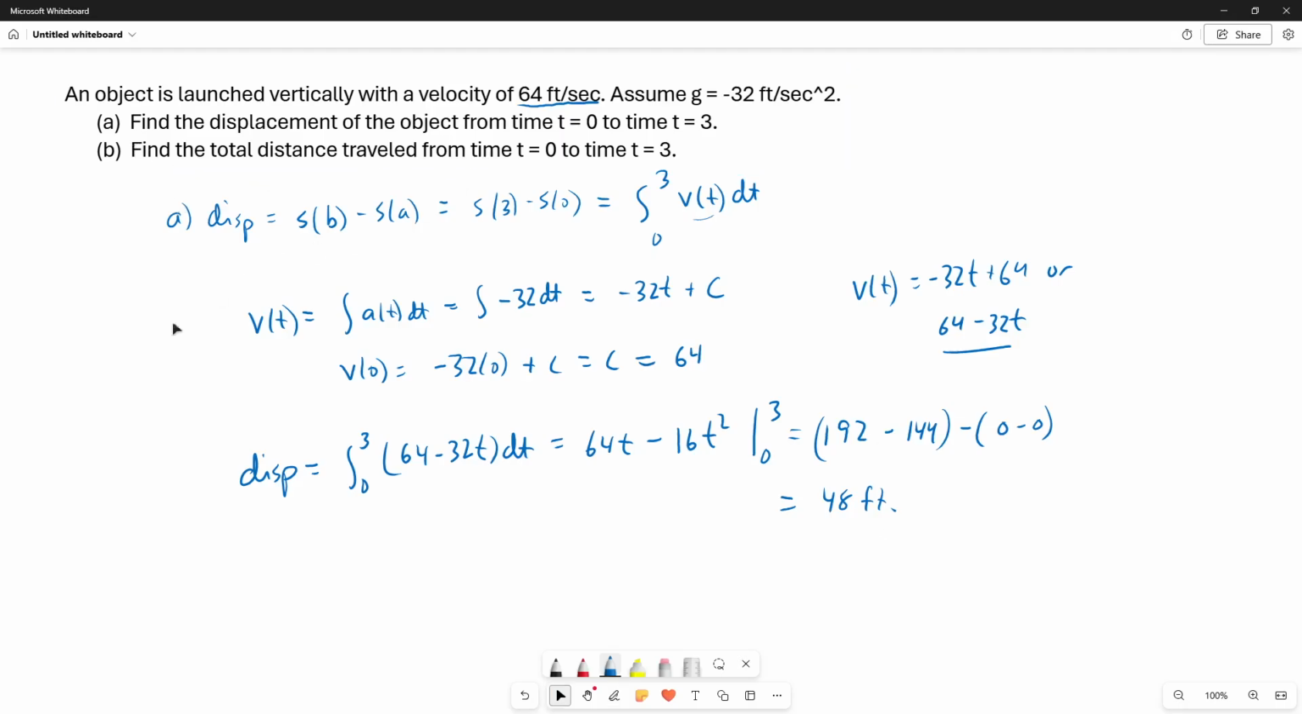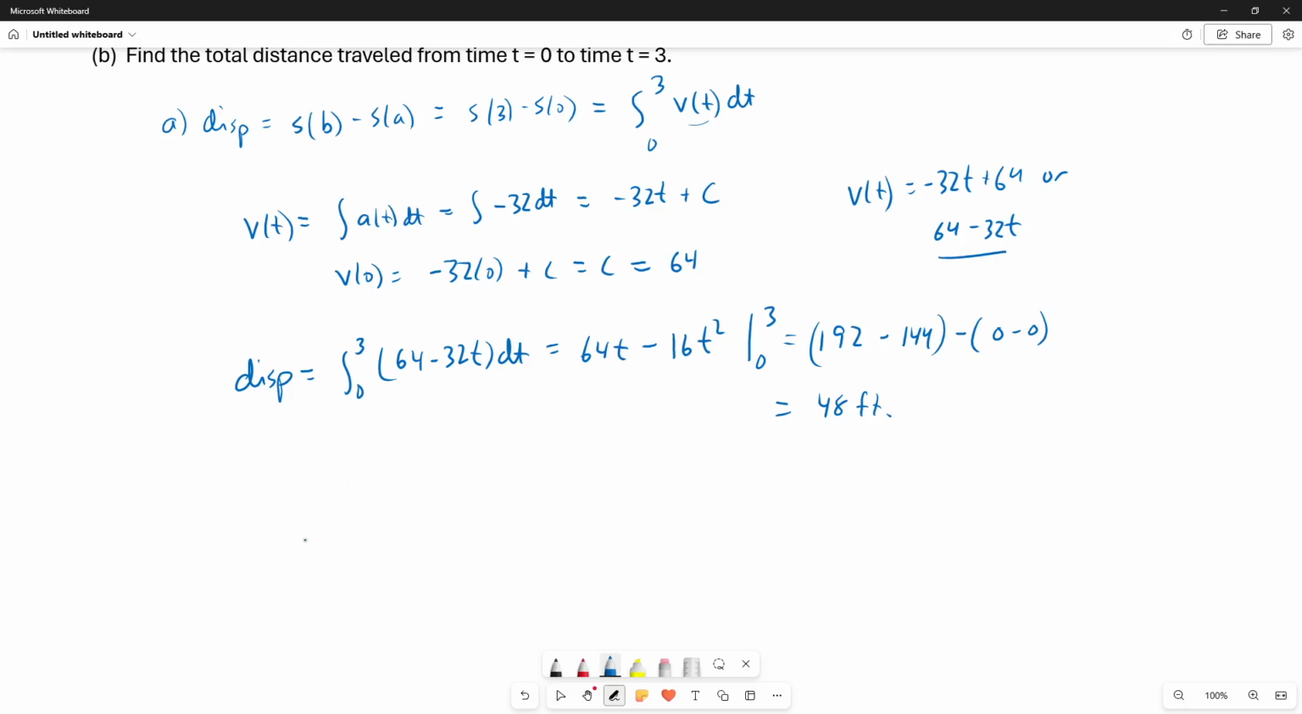Now for the distance traveled, that's a little bit more complicated. The distance traveled, let me write down the general formula first. The integral from A to B of the absolute value of the velocity. To get the distance, you have to make it so that the object is moving in the positive direction only. So make its velocity positive. The absolute value of velocity is actually speed. So this will give you the distance, and it will